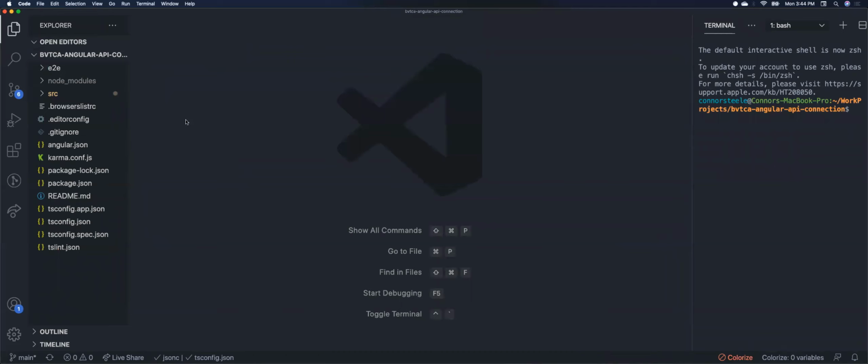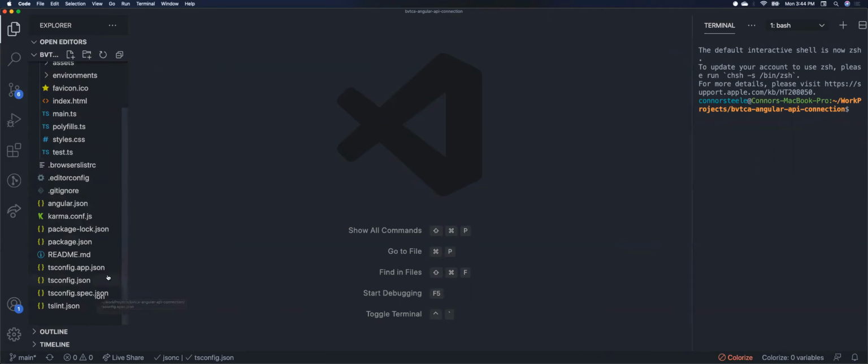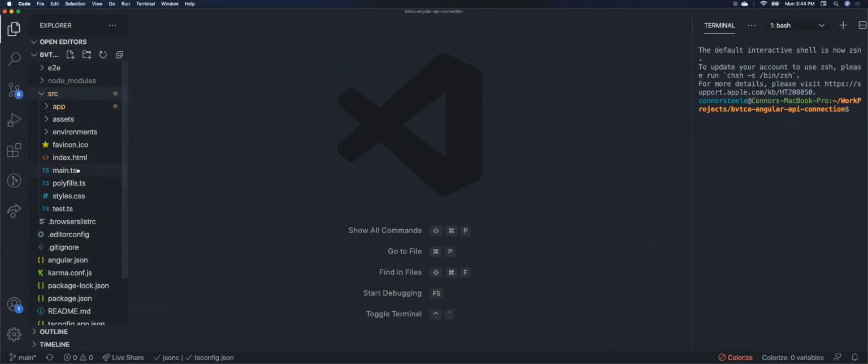So that's boilerplate code that Angular happens to make for you. And it's code that you pretty much always need most of the time. Some of it you might not use. Some of it's only specific things, but most of it is stuff that you need in your project. So that's why they just do it for you, and it's always there whenever you make an Angular project. So that's boilerplate